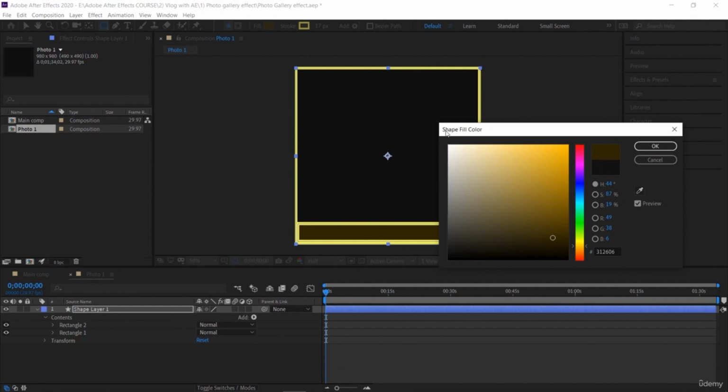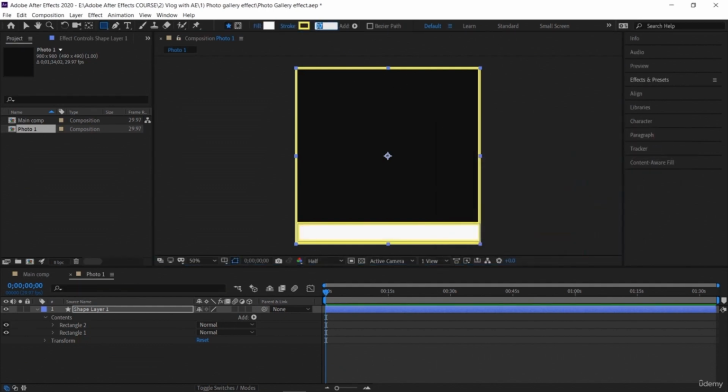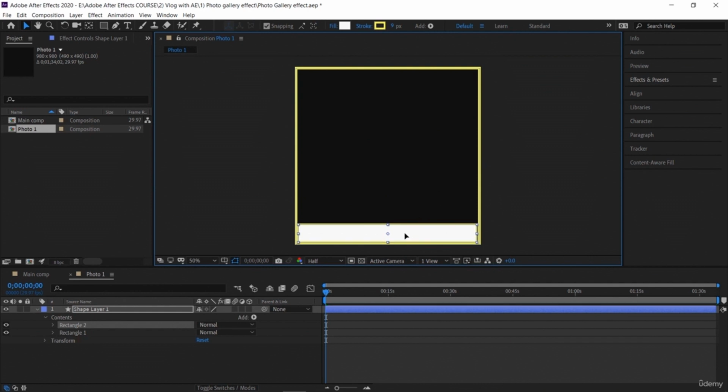Otherwise, a lot of people or content creators don't use this text bar below this placeholder. So you can go with this, or it's your choice. Here I've made the stroke of the same color and made the fill white because I want our text to be there. Okay, so when you are done,